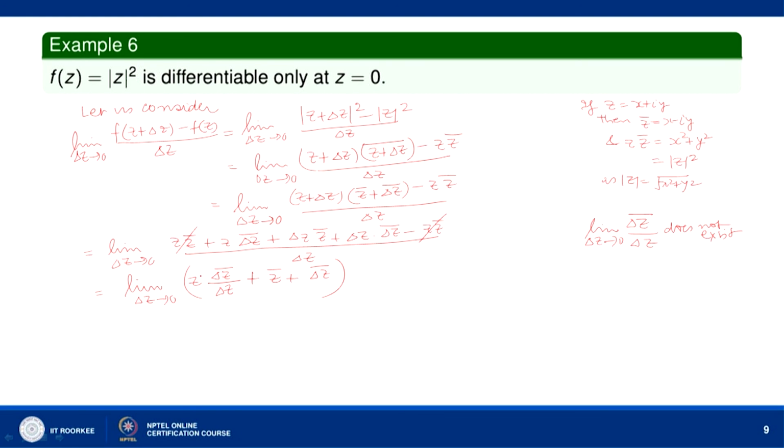But if z is not equal to 0, then the limit of f(z plus delta z) minus f(z) divided by delta z as delta z goes to 0 does not exist,